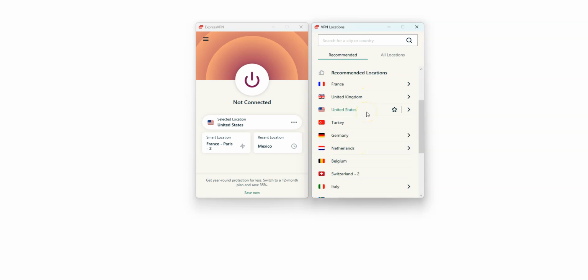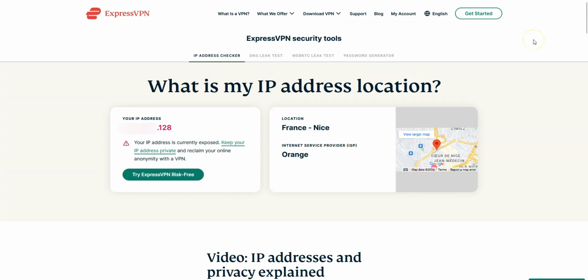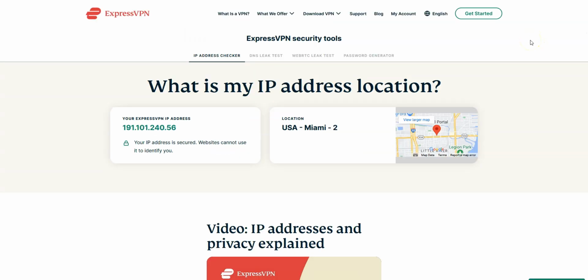Simply select a location, the US for example. I double click, it's connecting, it only takes a few seconds, done. I'm now connected to the internet virtually from the US. My IP address has been replaced by the VPN server's IP address located in Miami. I refresh the page, and as you can see, my IP address has changed. It now ends in .56 and locates me in Miami.